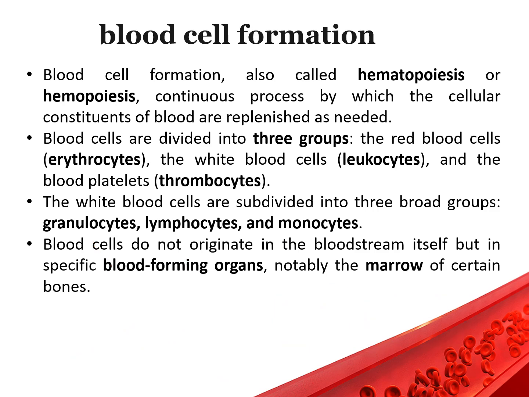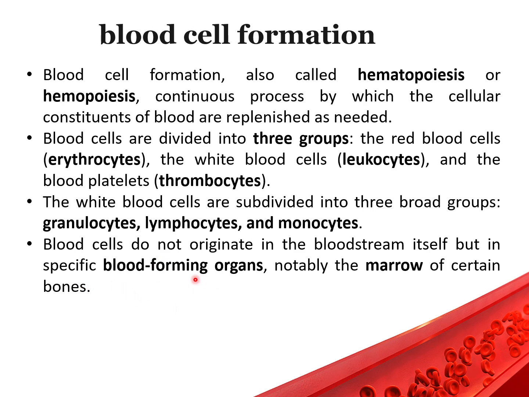Okay, so basically blood cells originate from a specific location. They are not produced in the bloodstream. Many of the students have this wrong idea about blood cell formation. So you should understand where our blood is formed. It is formed in a specific location called marrow, and this marrow is found inside almost all bones,